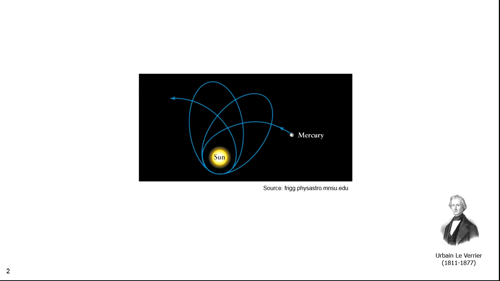The planet Mercury, however, has a bit more perturbation than this predicted. This was recognized by Urbain Le Verrier in 1859. Le Verrier is famous for predicting the existence and position of Neptune. He saw discrepancies in Uranus's orbit and suggested that there was another massive planet.